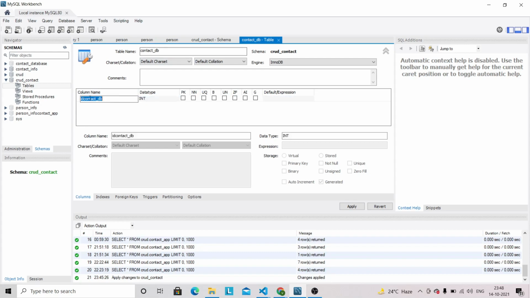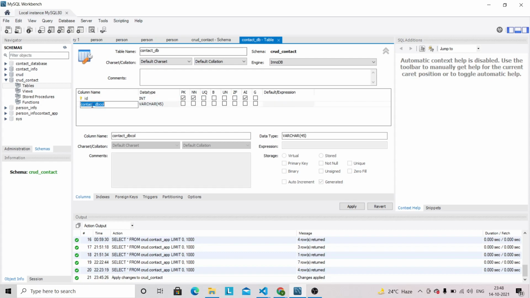So let's give id here. We need to pick this one for id, and this one also, because it will be unique, and this should not be null. We also need to check this one because it will auto increment whenever you add a new contact. So we need to check this one for id.